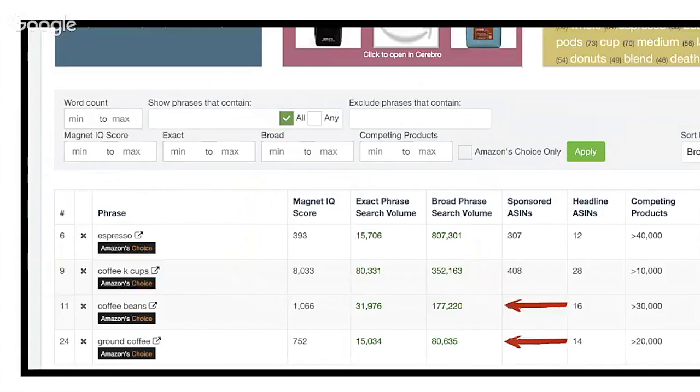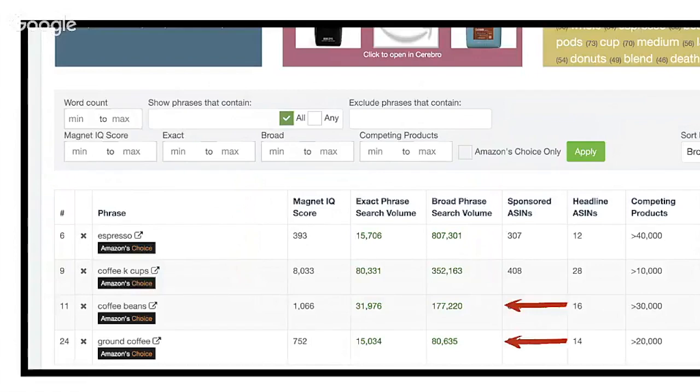352,000 searches on Amazon is a mega category. It is a mega campaign. It is mega expensive and it will need to be really optimized well to rank. So now I look at these and I say, okay, I have K-cups, I have coffee beans, I have ground coffee. Okay, so the deal with this is these are all so many searches that I need to put these